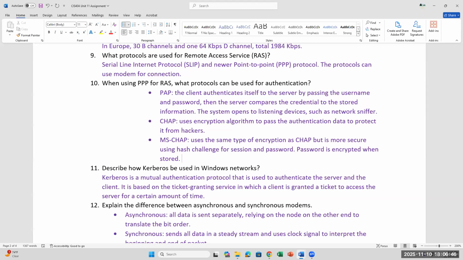for those of you who learned about Kerberos in CIS 27 or another class, Kerberos is still going to come up because this is primarily used by Microsoft, but it's not really for just Microsoft, right? So Kerberos was later implemented. This is a mutual authentication protocol. It allows the server to authenticate the client. This is using a ticket granting service, and that client is granting a ticket to access the server in a